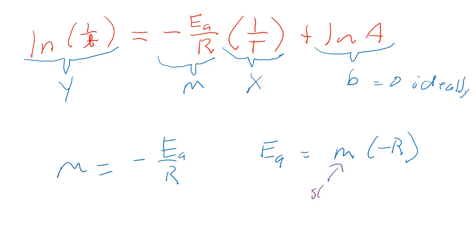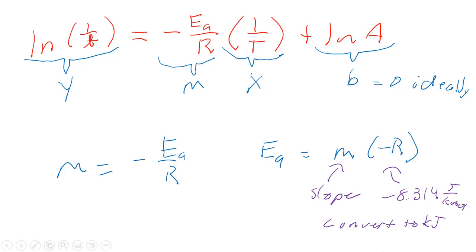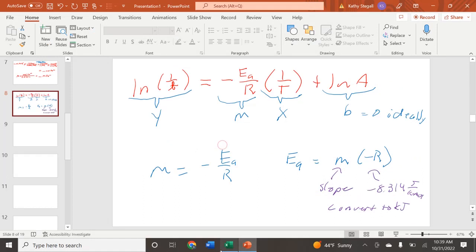So m is your slope. Since we need the negative of R, we're going to take negative 8.314 joules per Kelvin times mole, and then we're going to convert to kilojoules, which I'm sure you are familiar with at this point in the semester. So, how are we going to make our graph? To give you a little bit of review on how we make the graph in Excel,